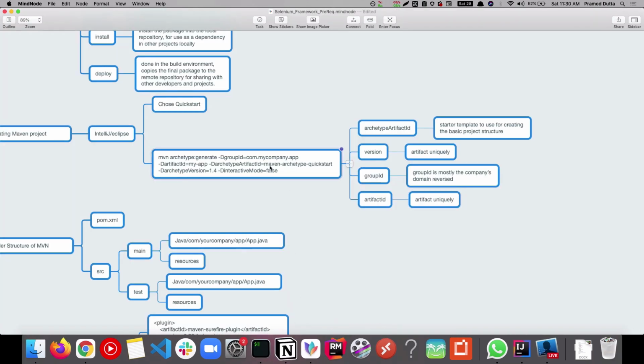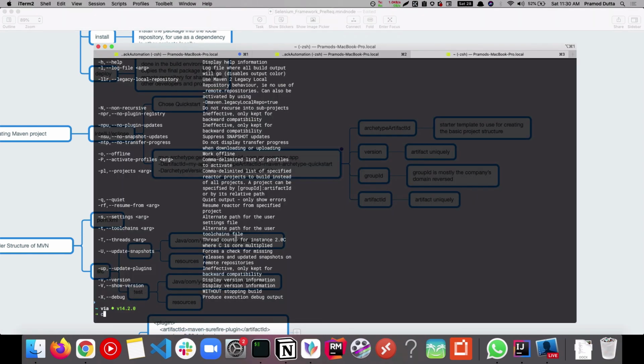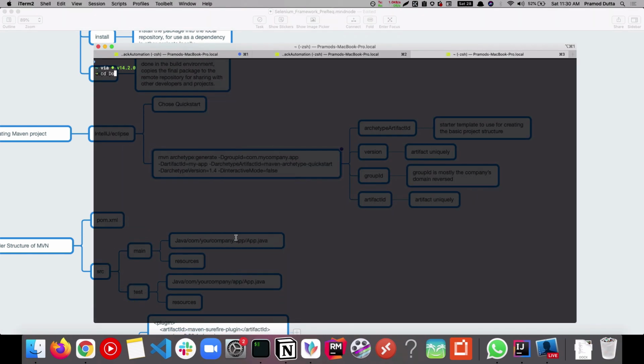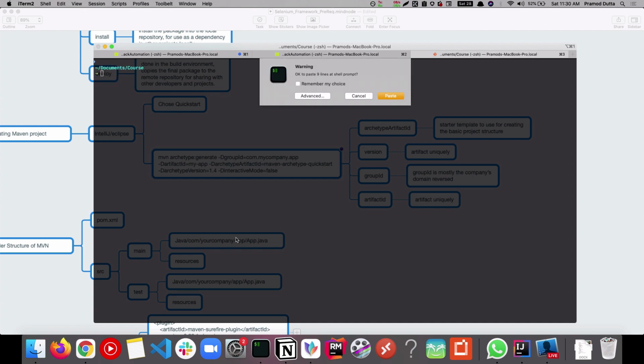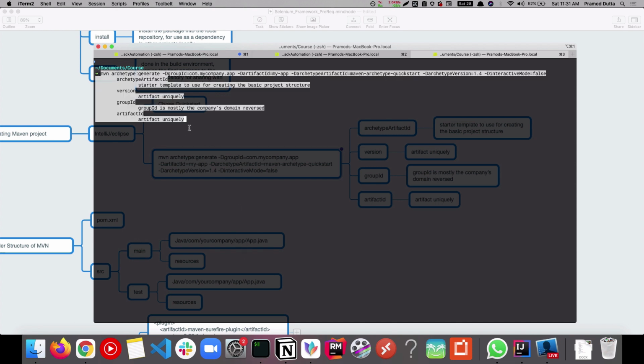And you can also create the same by using the command line. So let me show you how you can do it. For example, let's go to a particular directory, right? And let's do a course directory, right? And here you can just run this command, right? Which is basically